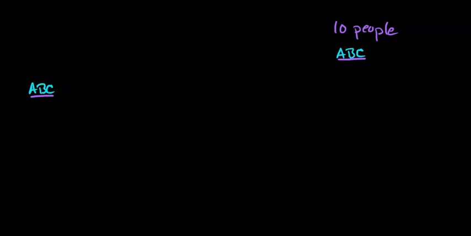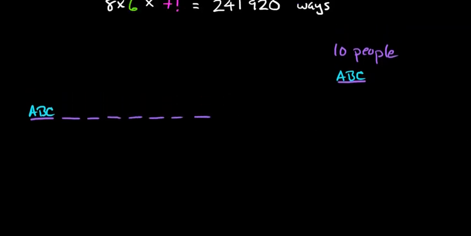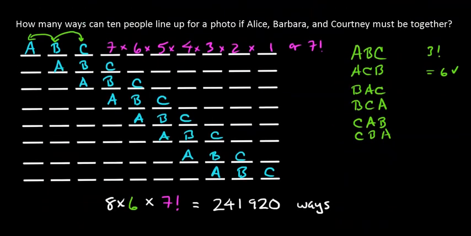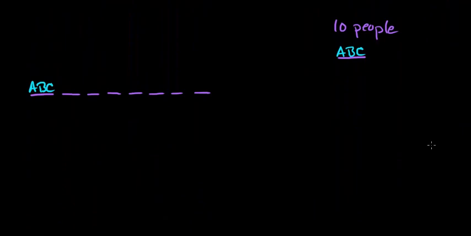Maybe I should write that down again here. We're treating that as one thing, and then of course we ask ourselves, that gives us 7 more spaces because we have to have 10 people in total. So 1, 2, 3, 4, 5, 6, 7. So of course this is very similar to what I did up here, except it's a little more efficient because we don't have to spend all our time drawing spaces and lines and cycling things through. We can just say, you know what, treating the 3 girls as one item. So we now have 7 people and 1 item, which of course is a total of 8 things. 8 purple spaces here, and the total number of ways we can arrange those 8 spaces is of course 8